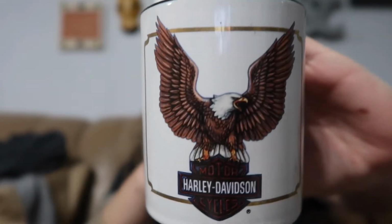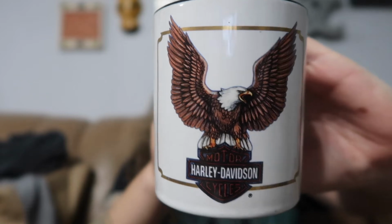One more hard good, I think, and then we'll get into the shoes and clothes. This one I think I'm gonna put in my antique booth. It is a vintage 1994 Harley Davidson cup with the nice eagle graphic on the front. The rest of it is plain. Here's the bottom with the logo. Probably won't go for too much, but I'll maybe put like $10 or $12 on it and see if someone